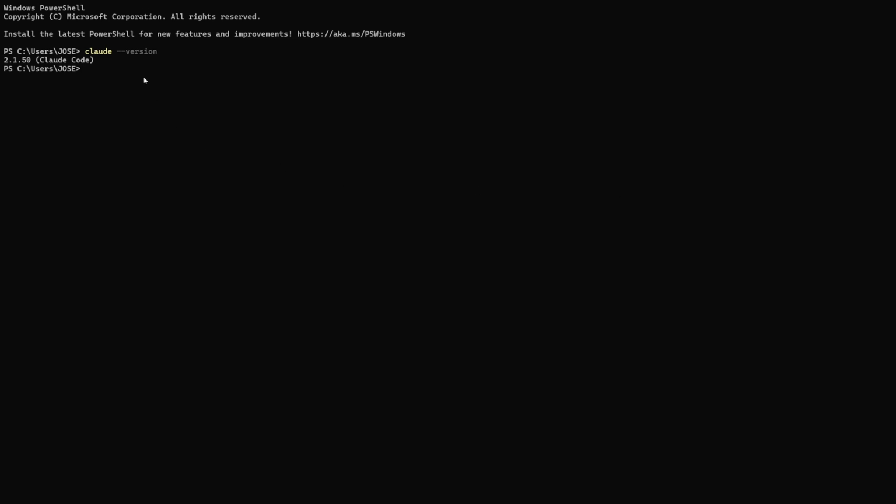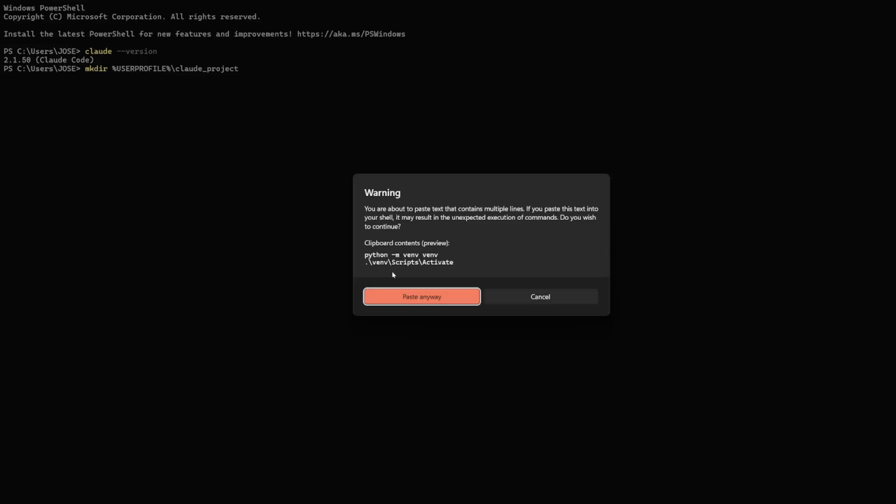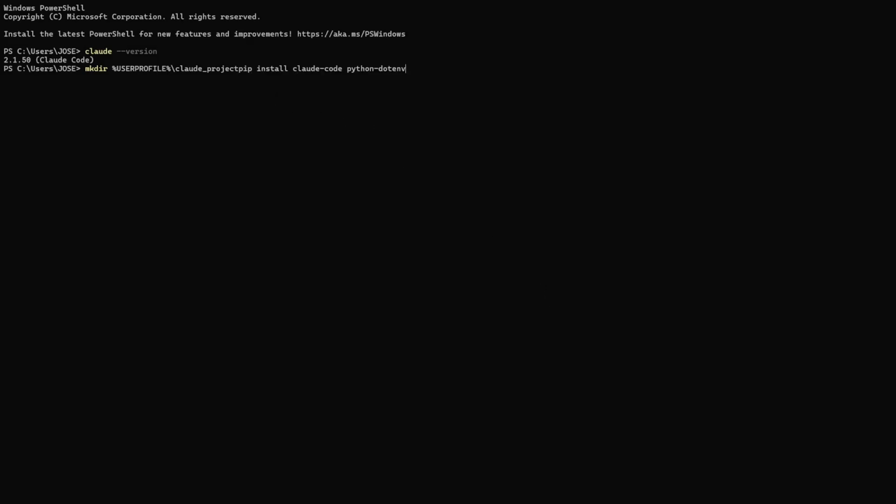If you are using Python, create a project folder by executing mkdir %USERPROFILE%\claude_project, then change into that directory with cd %USERPROFILE%\claude_project. Inside your project folder, create a virtual environment by running python -m venv, then activate the virtual environment. After activating, install Claude Code by executing pip install claude-code. To ensure the installation was successful, you can test it by running python -c "import claude_code; print('Claude Code installed successfully')"